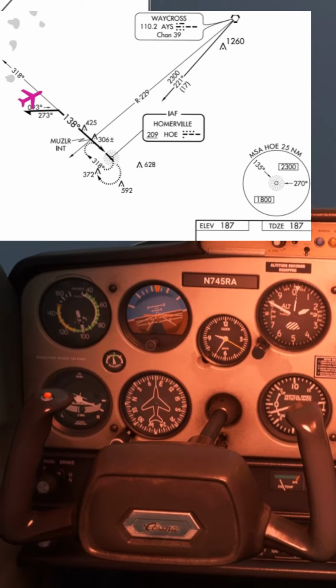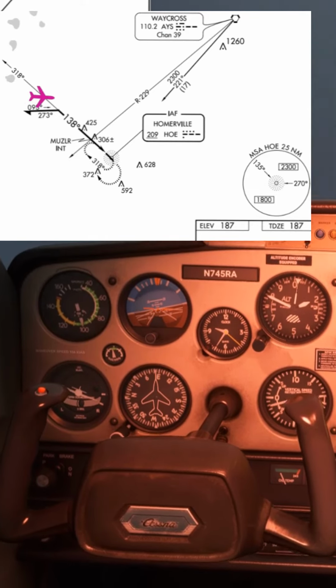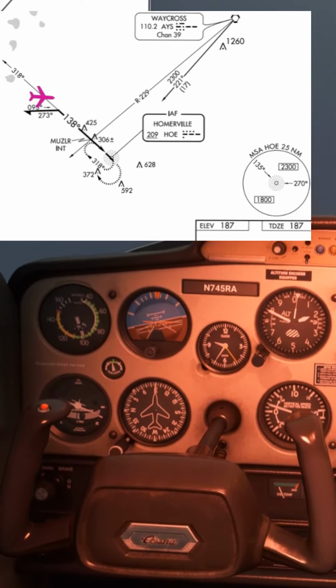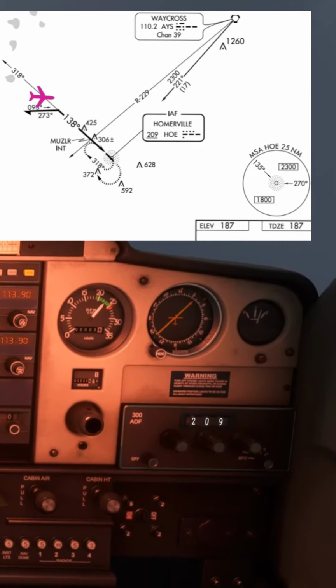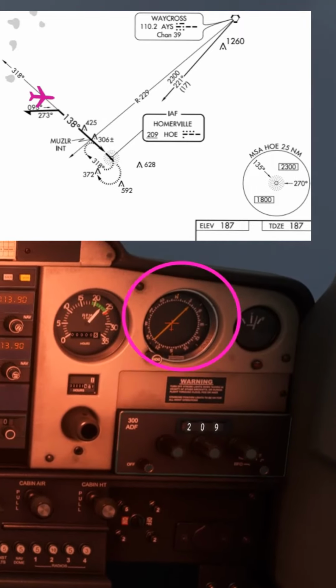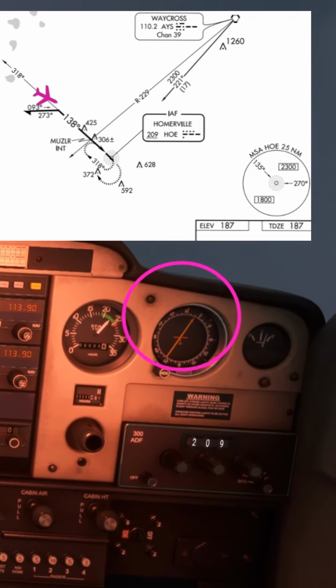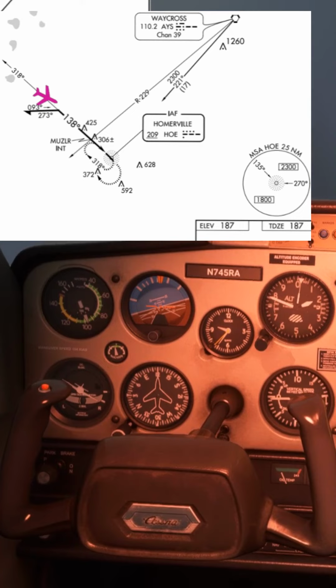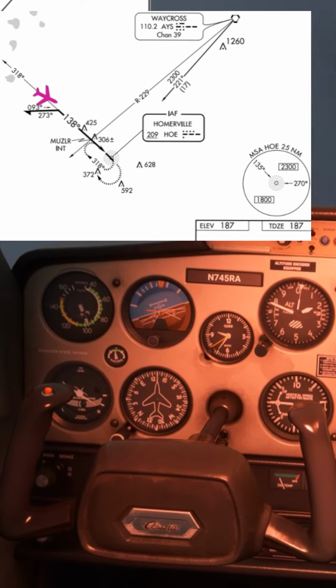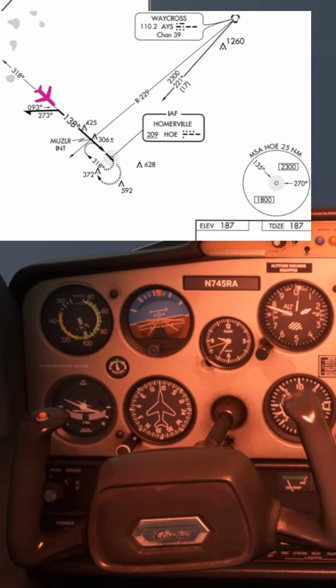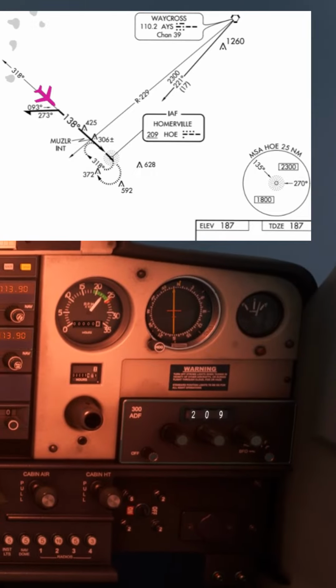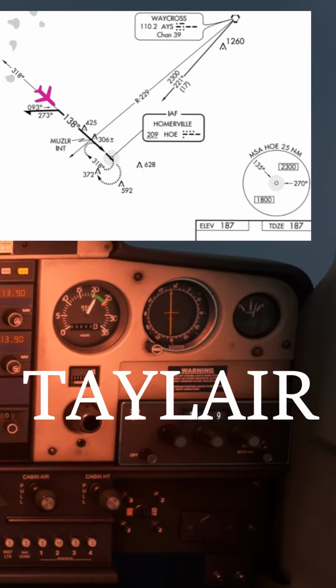Okay, so we're just coming up to that 093 heading now. We're going to level the wings, have a look at the ADF, and that's actually showing 35 degrees relative bearing to the right, which means that we need to keep the turn going in order to establish onto this final approach track without going through it. And because of this, I've increased the angle of bank slightly to avoid going through that final approach track so that we intercept it quite nicely. Alright, so we're about to hit that